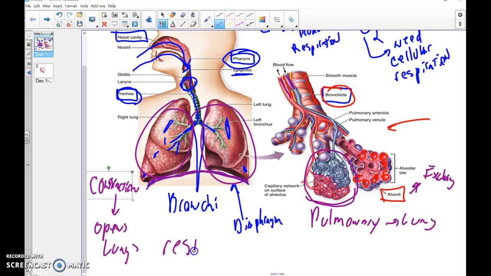And it is a rest to close them, which means that breathing out is actually a rest, which most people seem to think it's the opposite. But what happens is your diaphragm pushes your lungs out, which creates all this empty space. We call it negative pressure. And it pulls the air in to your lungs. And then when you relax the diaphragm, the weight of your chest and your rib cage actually just collapses on top of your lungs. And that pushes the air that's inside of them out. And that's actually how the breathing happens.